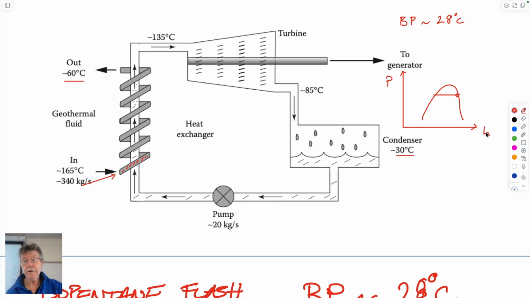This is enthalpy. So this point here is going into, this would be our HB. This would be our HC. So HB goes adiabatically down to here, and then is first cooled and condensed. So this stage here would be this, as it goes across here, and then this stage up here would essentially be